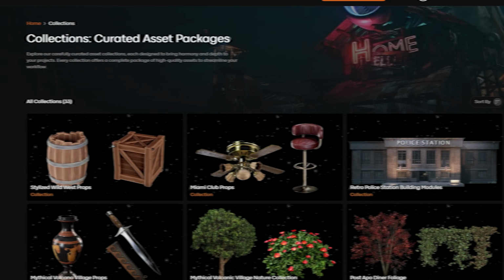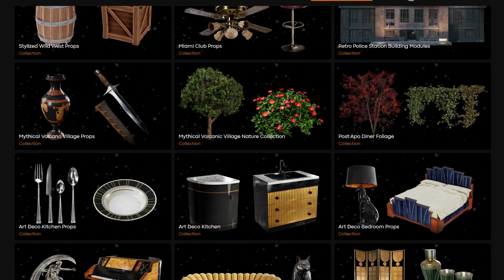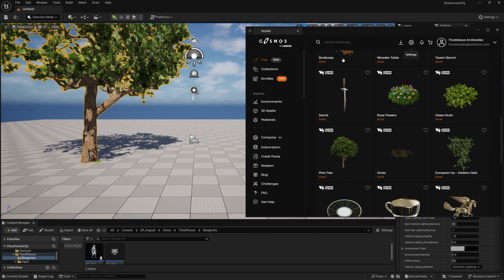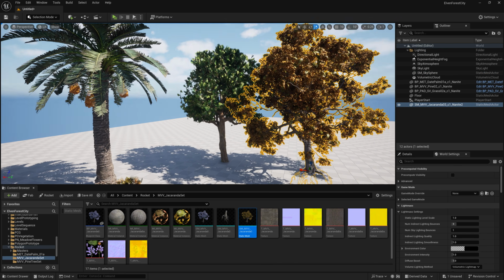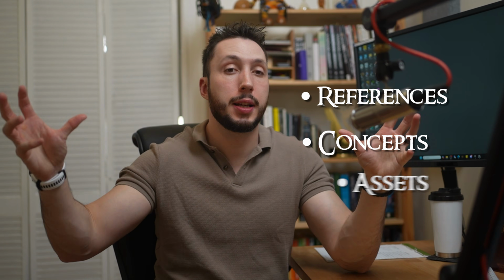Now that I had my core asset pack, which doesn't always have to be one pack. In fact, I brought in a lot of other LEARTES assets as I was working. You know, having a good starting point, at least knowing that you can build out most of your starting assets with a good pack can sometimes save you a lot of time. So I had my reference, my concept, and my assets, and so I was ready to start blocking in my